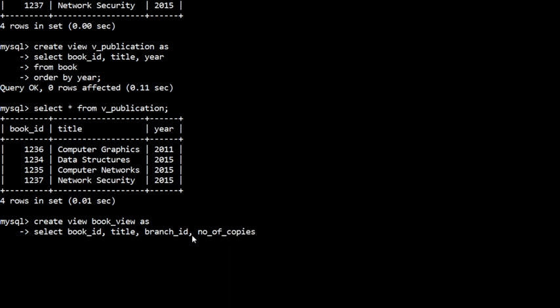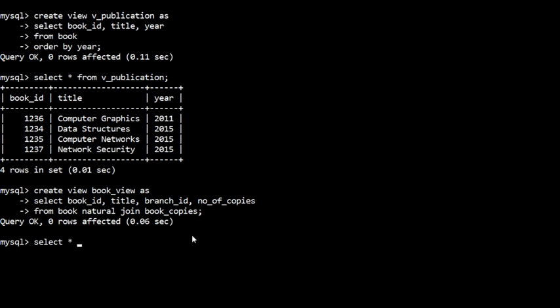Now from which table will we get these values? Book ID and title will be taken from the book table, but branch ID and number of copies can be taken from the book copies table. That means we need to join these two tables, book natural join book copies. Then again view the view content, or select the tuples from the view. The name of the view is book underscore view.